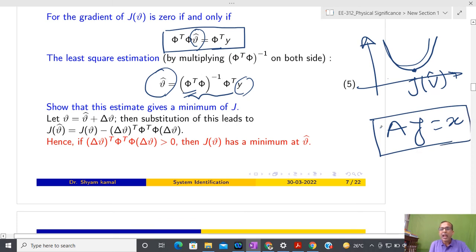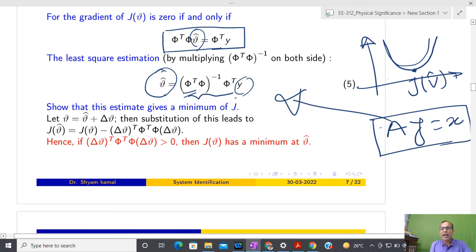Okay, and now I have to make sure when a unique solution occurs. Based on the four fundamental subspaces associated with A, you can comment about the solution, that is, when I can uniquely solve for V cap here. Okay, so now in order to show that at V cap we have some kind of minima,